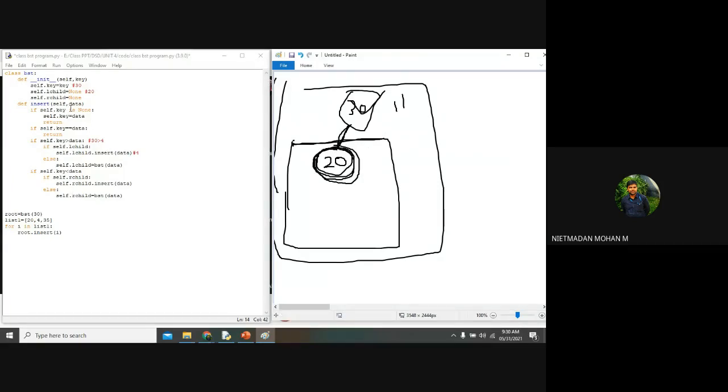Now it will be checked whether the data is empty, or whether data is equal to the self.key. No. It will attach 20 because in the first iteration it will be the root node. For inserting this element, this will be the root node, right?